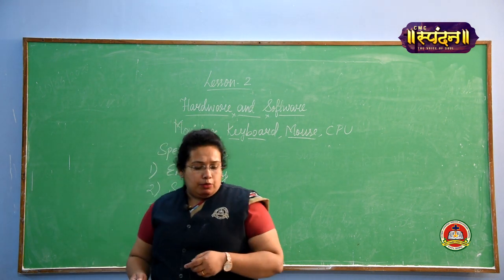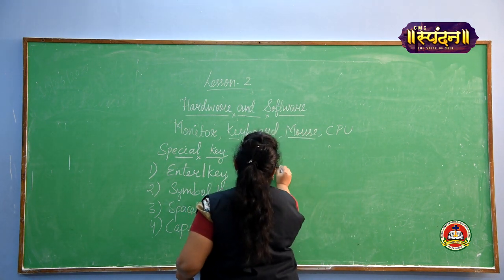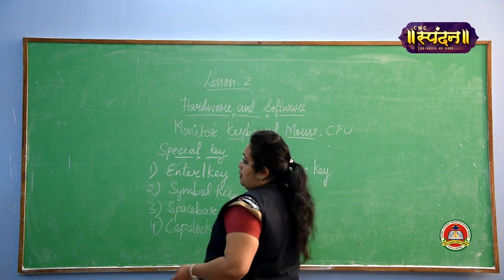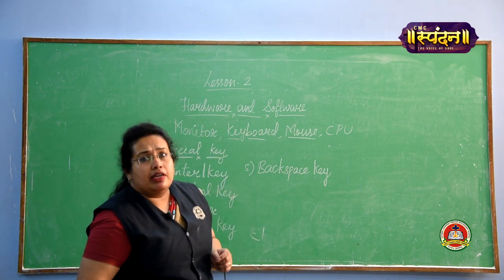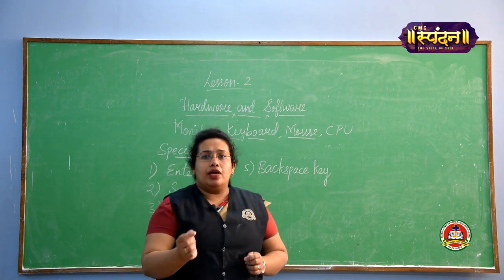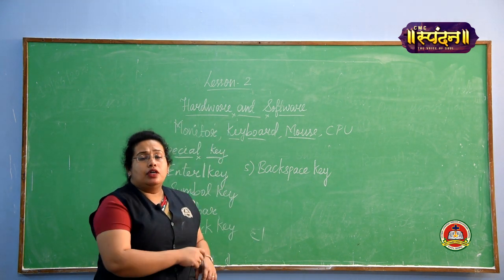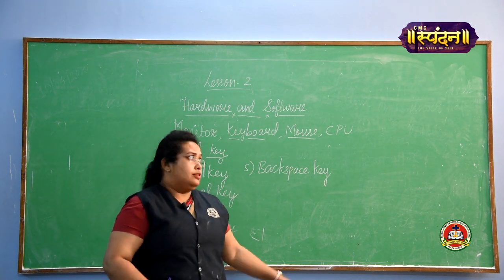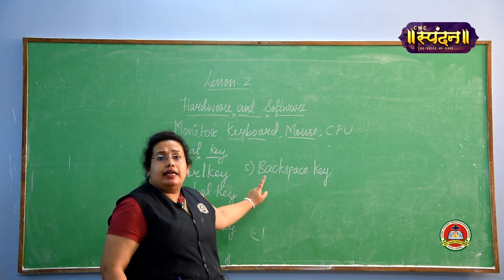Now the next part which we are moving to is known as the backspace key. The fifth key which we are learning is the backspace key. Backspace key means we are moving backside. Whenever we are writing something, we make a mistake. When we are writing with a pencil, we erase whatever mistake we make. But in a computer, if you have typed anything wrong and you want to erase it, then you have to use the backspace key. Backspace key works like an eraser.